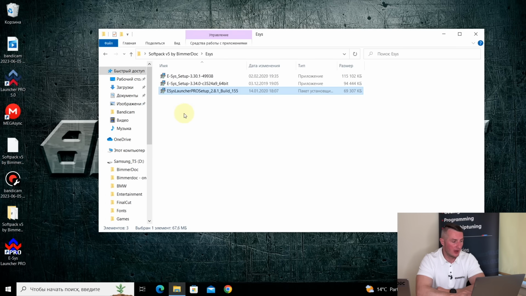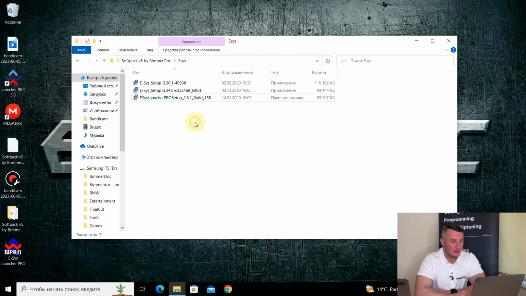That's why before unpacking my software pack, I recommend you disable the antivirus, at least for that one single process. If you don't want to disable the antivirus, you'll be unable to install the crack for the E-Sys. No other software requires disabling the antivirus, but that single one does, believe me. Because I promised you to show the full process of installing the software, I'll disable my